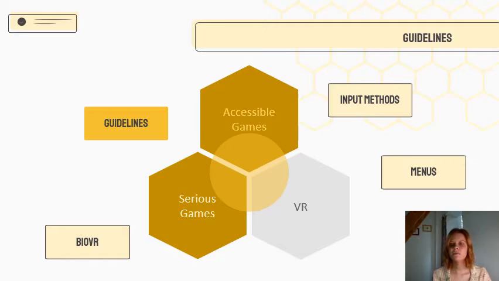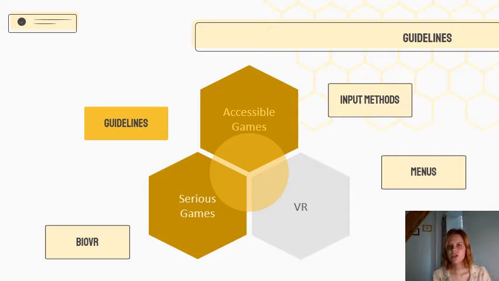Why is this topic important in this context? There are many accessibility guidelines for web applications that developers can follow and just use as a checklist and improve their websites. And as I said, there are legal regulations that are also in the form of guidelines. So guidelines play a role here.